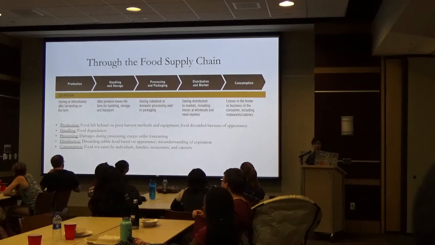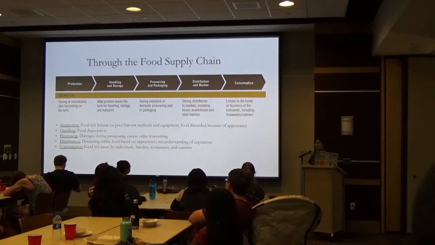And then there's the things that happen during the distribution and market arena. Again, edible food is discarded because it's not compliant with aesthetic quality standards or is not sold before the best before and use by dates. But we're going to see that that's really not because of the expiration of the food, because it's not regulated what that date is. It's whenever the person that's selling it thinks that the food is going to taste best. So you can still eat it after that sometimes.